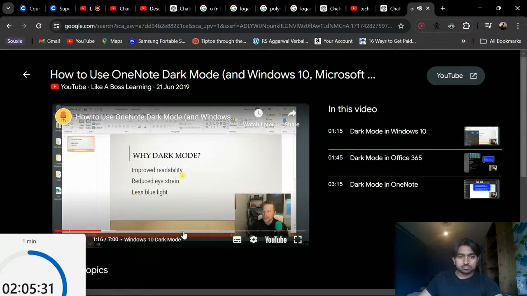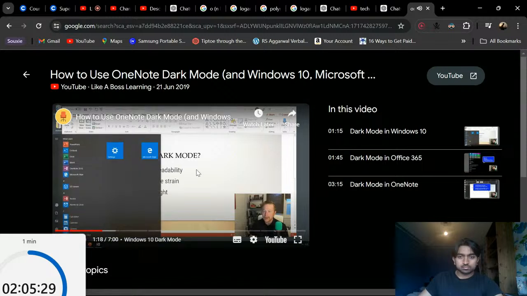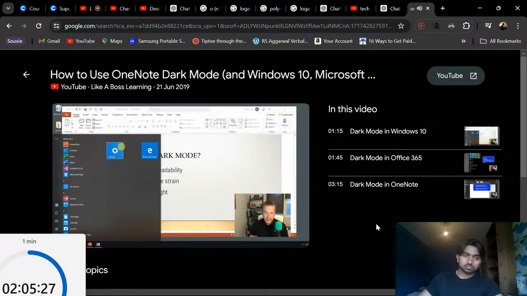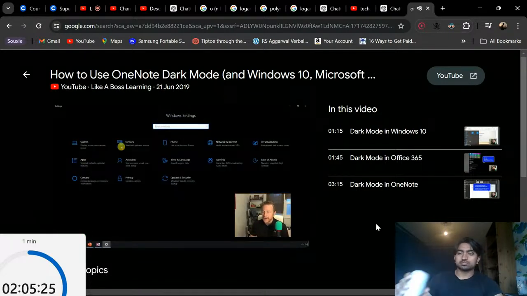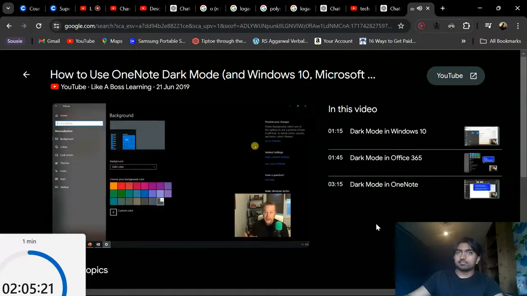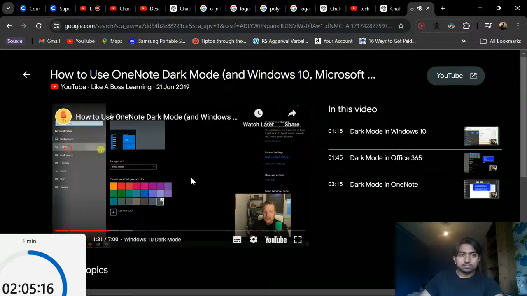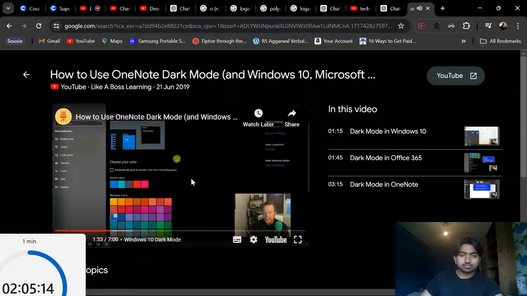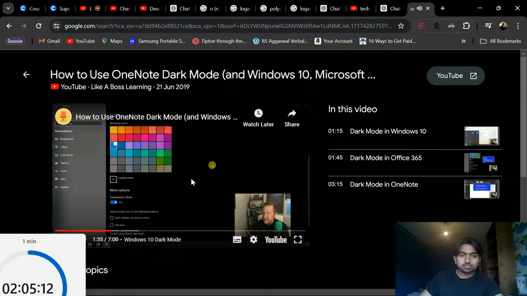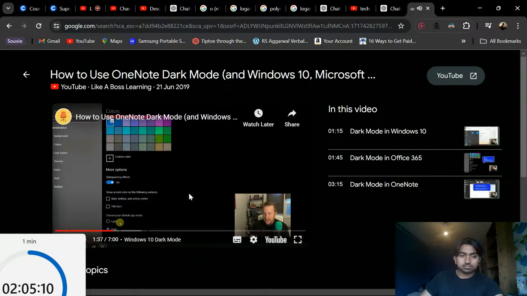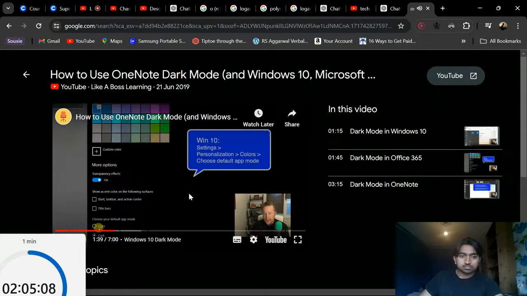So let's first look at things just on the Windows side. If you go to the settings in Windows, so I'm starting on a Windows 10 PC here, and then you go to personalization, you can see that Windows right now is using the dark mode. So go to personalization, go to colors, and then at the bottom of the colors personalization settings, there is a default app mode, light